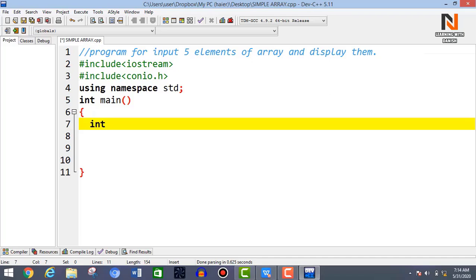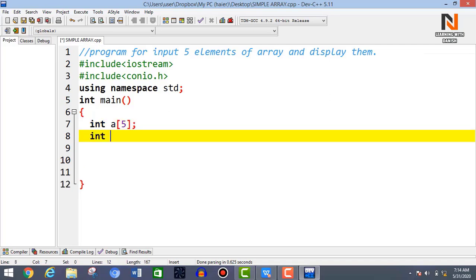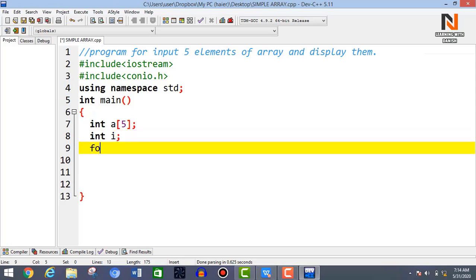Its name is A, and I am making a 5 element array and then placing a semicolon, and I am also declaring int I because I have to use that, and then I am using a for loop, and here I am initializing its value 0, then semicolon, I less than 5 because this iteration rotates up to 5, semicolon, and then I have to use I plus plus.